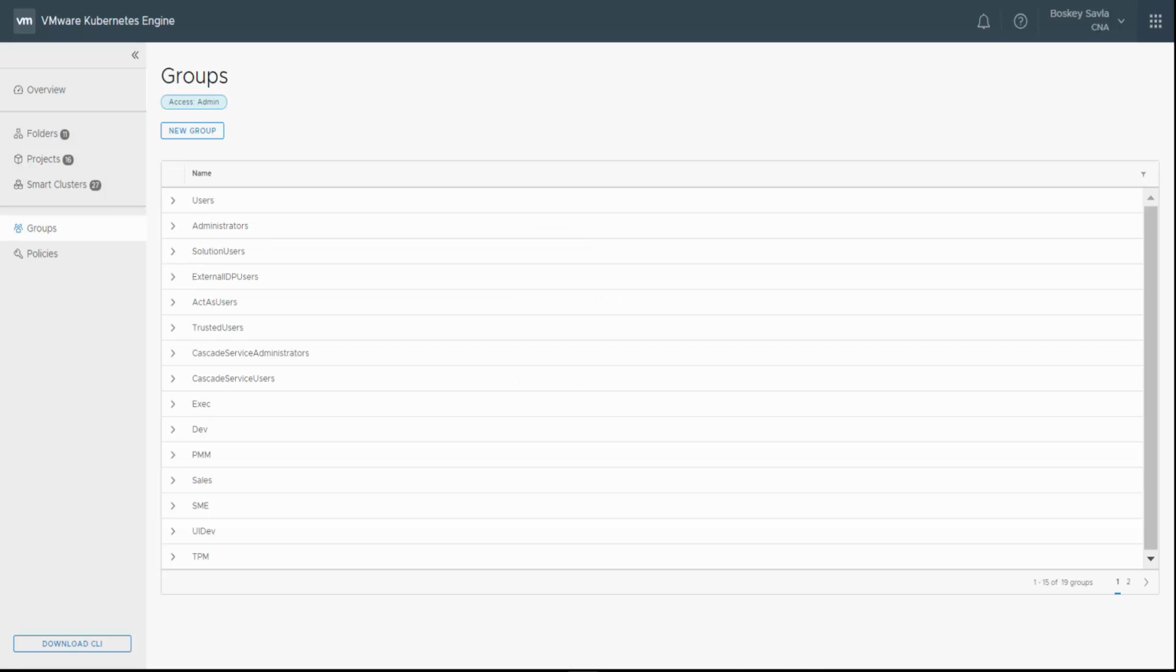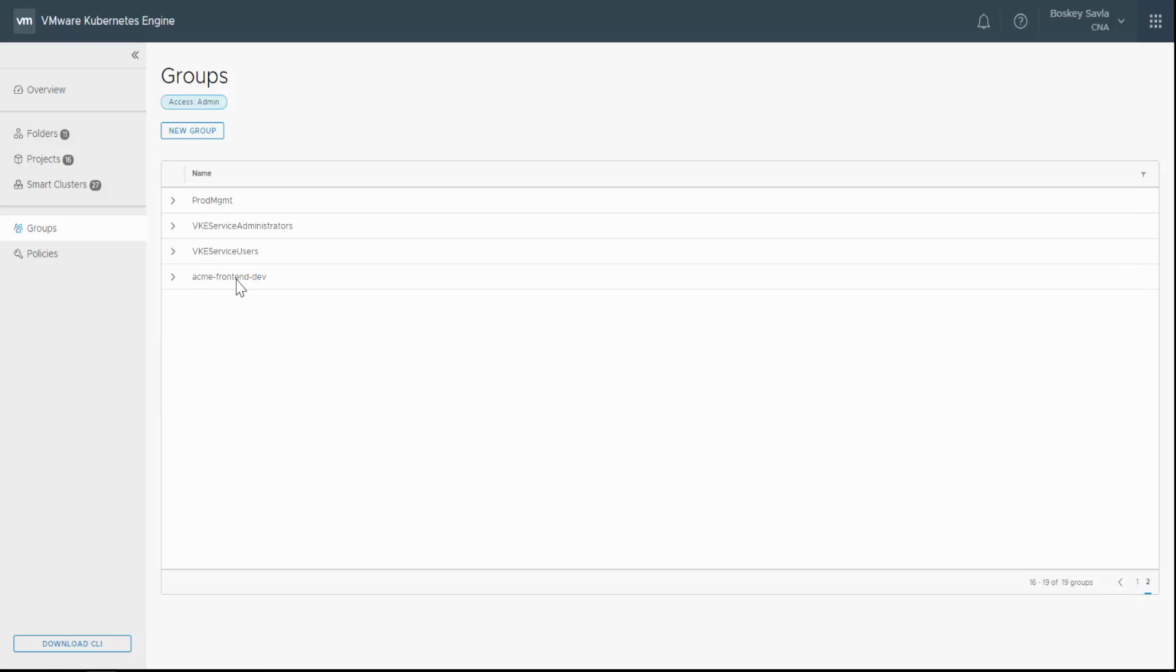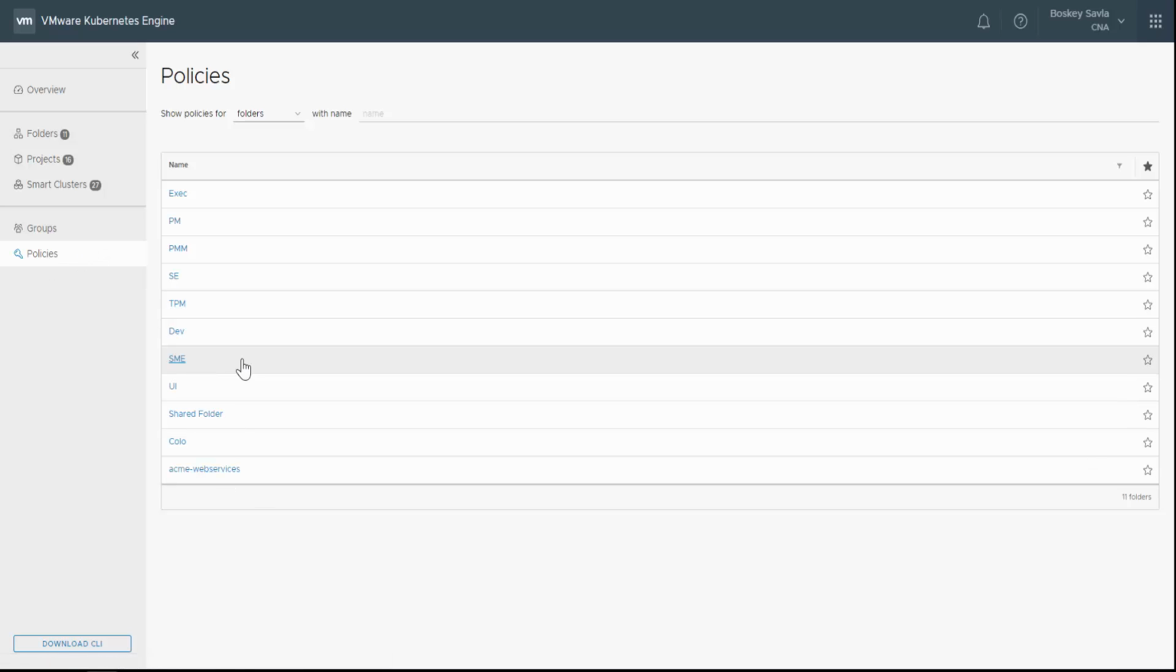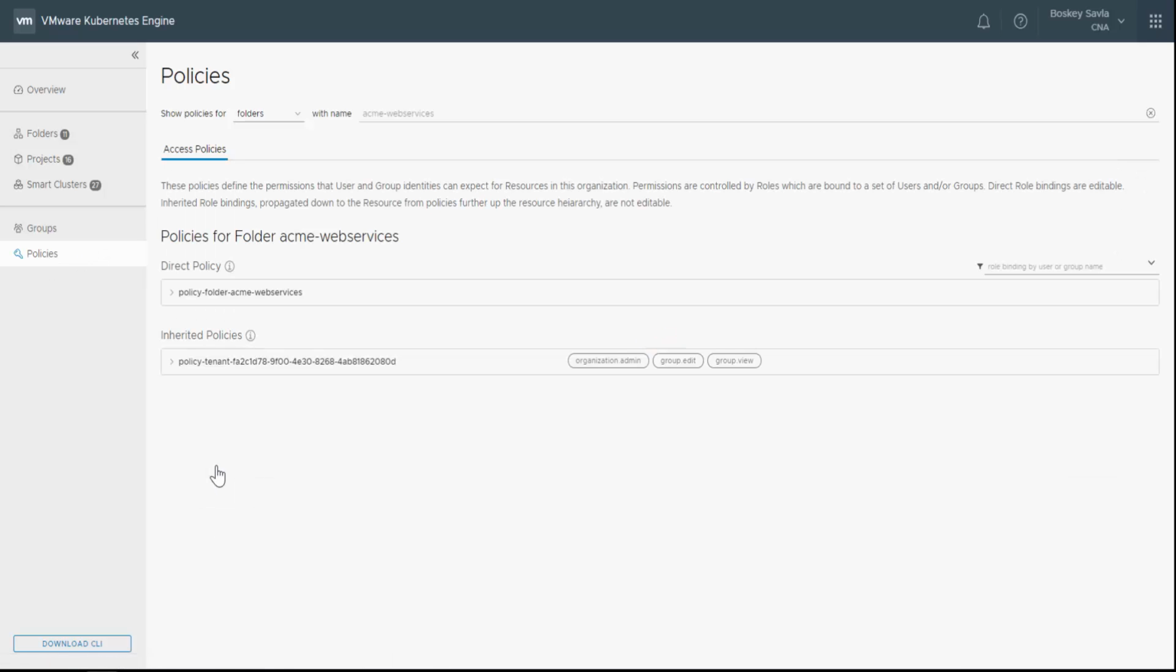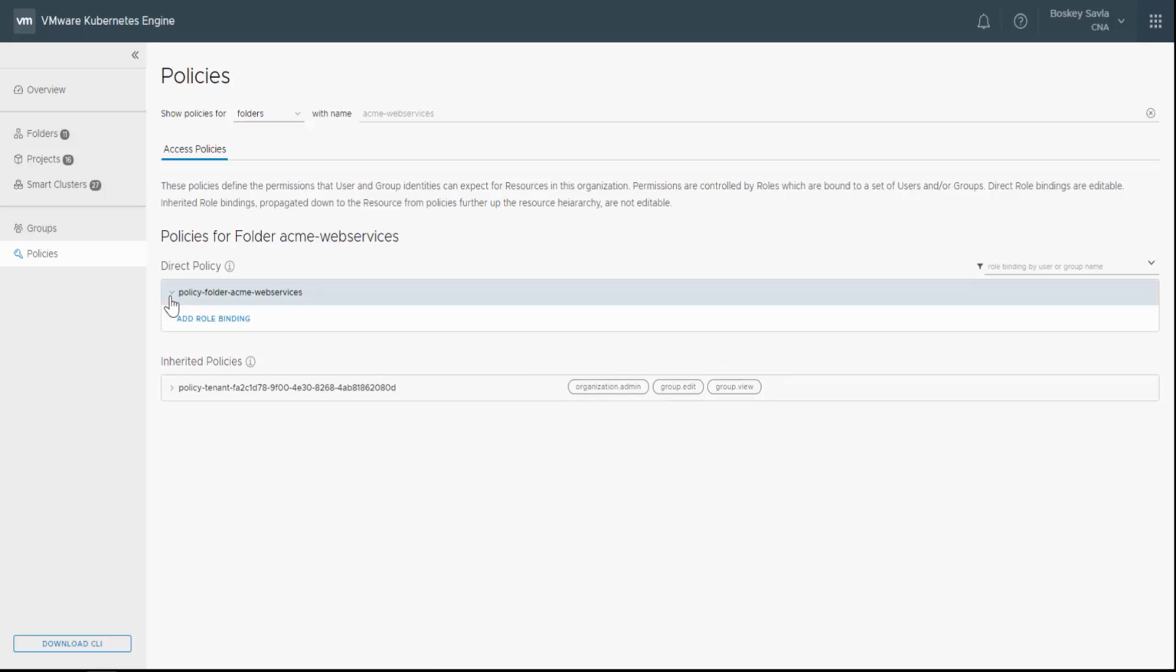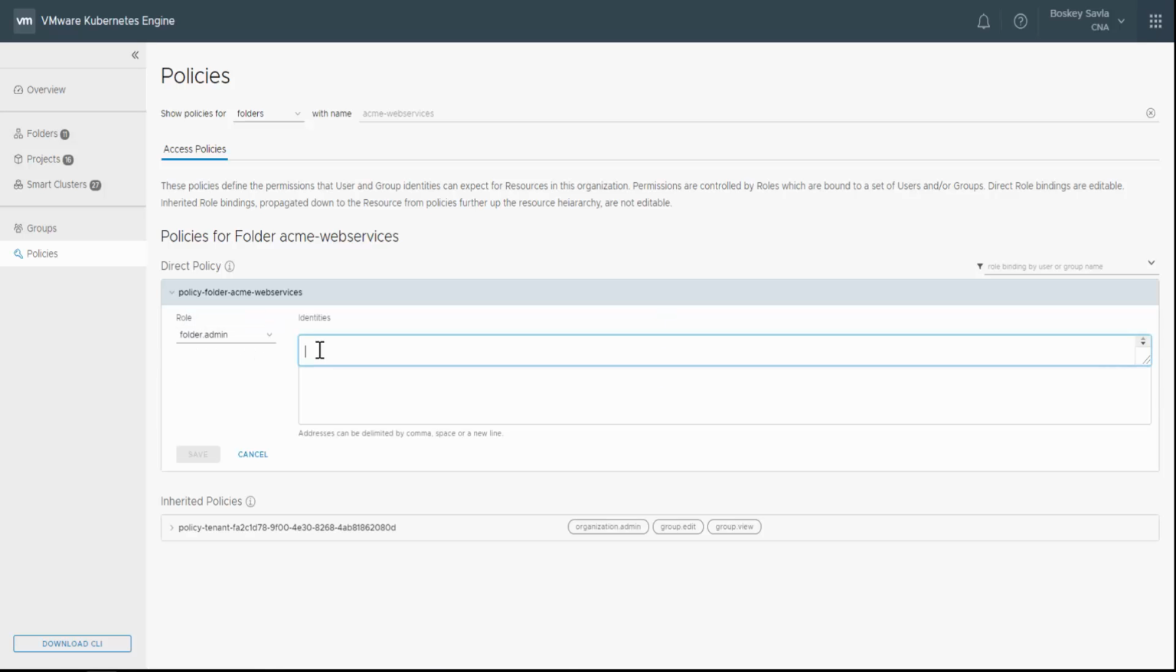We can then create a group of users that can be applied to these different resources and have control over who gets access to what specific resource. In my case, I have a user group created called Acme Frontend Dev, and I'm going to go ahead and give this user group access to a smart cluster that belongs to the folder Acme. So I'm going to select the folder Acme Web Services in my policies, and I'm going to create a direct role binding policy that will give the users